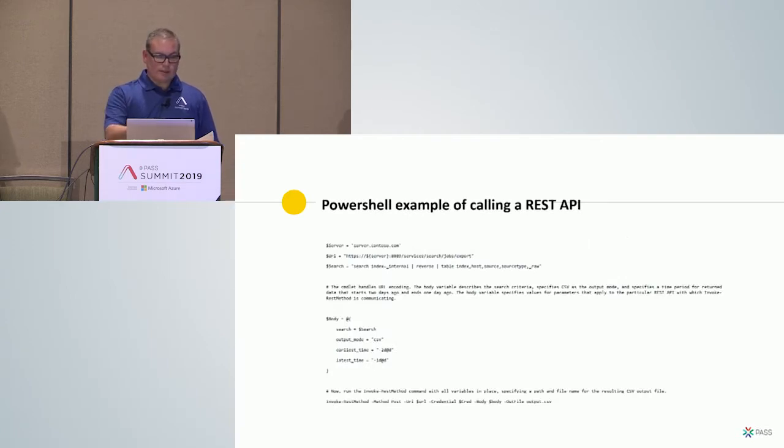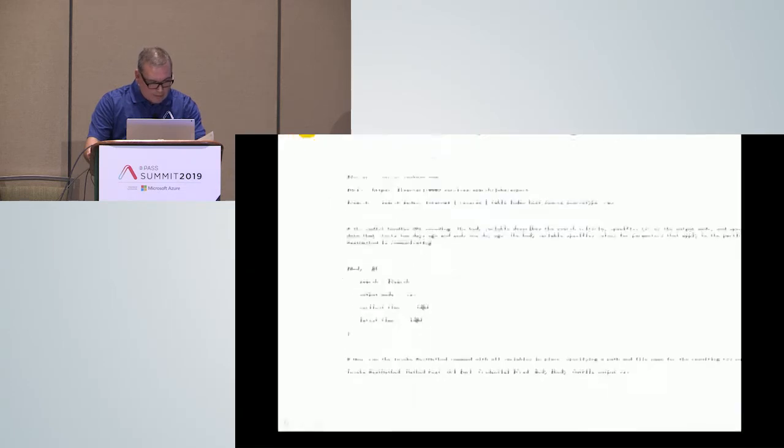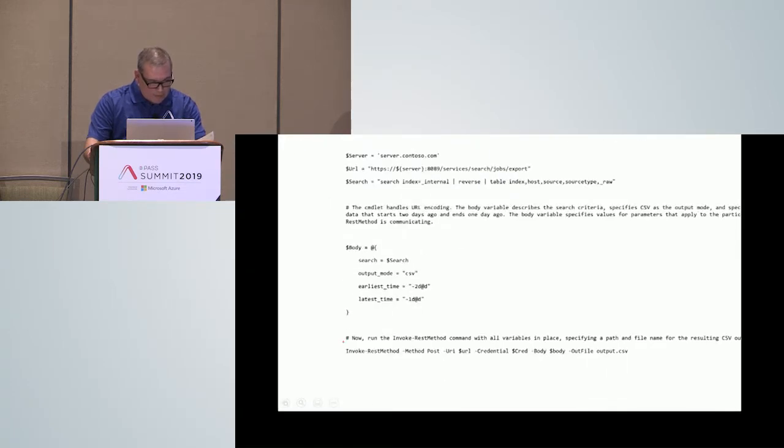This is just an example of a PowerShell REST API request. So in PowerShell, there is a built-in commandlet, Invoke-RestMethod. So you can actually just see that I